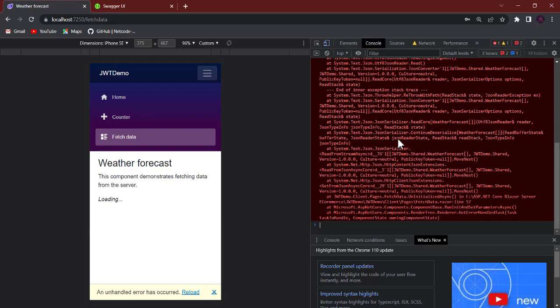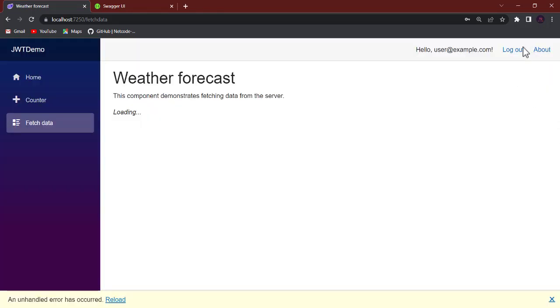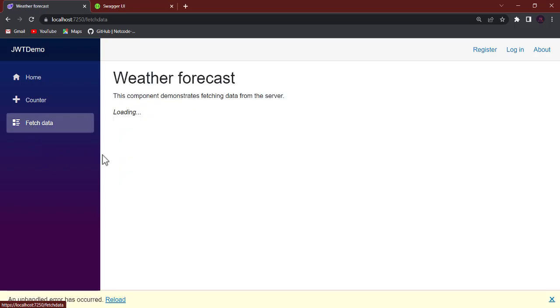So when you use control and you go to the console, you will see it is saying that we have an error here, and as you can see, there is an invalid start of a value, and let's see where it is coming from. So let's try to log out and let's see. So let's refresh this, and okay, so fetch data, and you can see we have loading. So this means that unless we